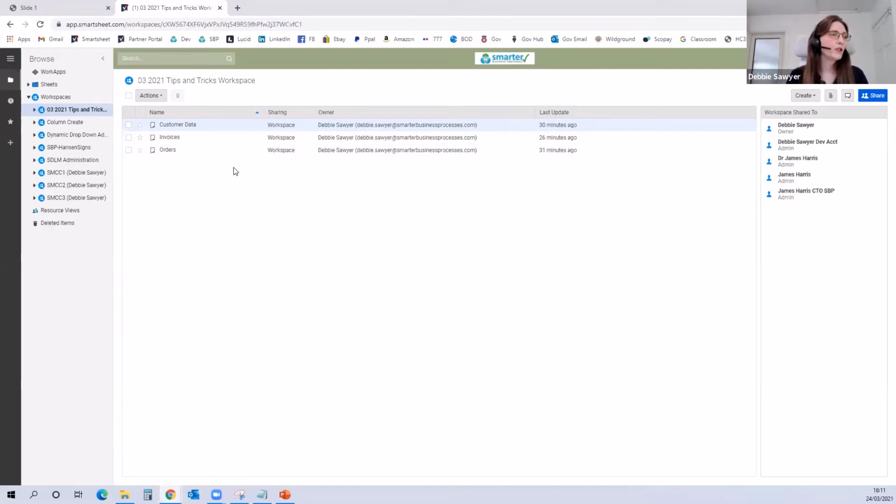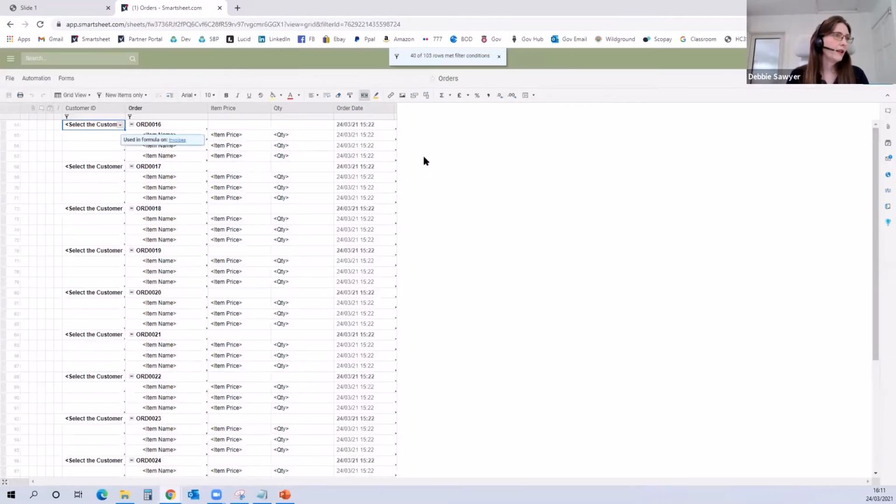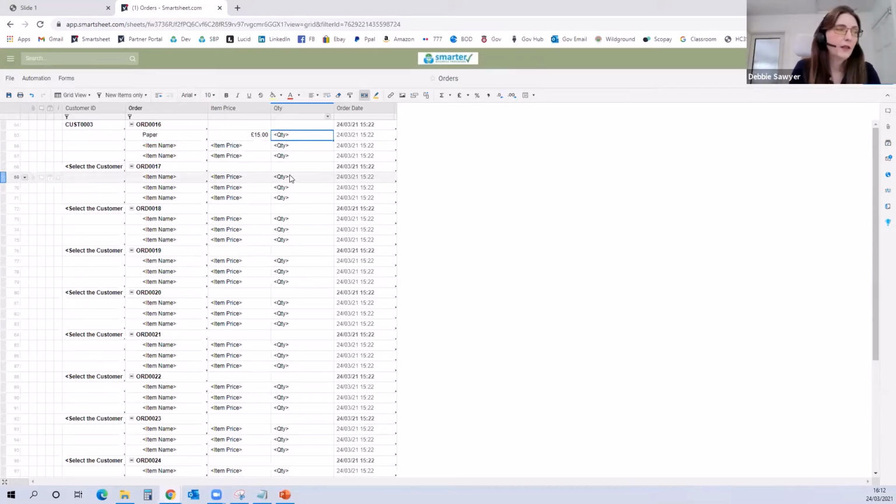So first of all, we're just going to show you how it works, and then I'll take you through how to get to that working solution. So I'm in my orders table. I'm just going to put an order through. So let's say I'm customer 3 and we're a stationers. So I'd like to buy some paper. It's £15, you get a lot of paper for £15, and I want 5 boxes of paper, and I'm going to need some envelopes,